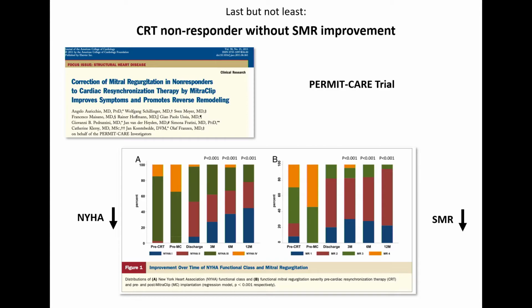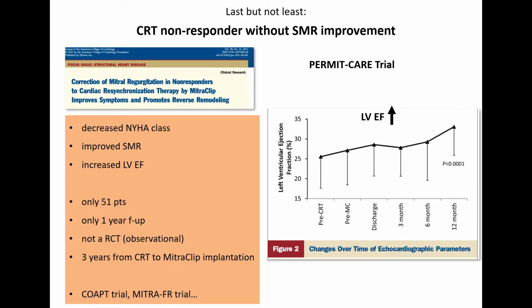Takav profil bolesnika je analiziran u Permit Care studiji sa MITRAL klipom, koja je bila pozitivna studija i kod ovog profila bolesnika, nakon ugradnje MITRAL klipa, smanjila je NIHA klasu i smanjila je stepen sekundarne mitralne regurgitacije, povećana je frakcija leve komore, ali samo 51 bolesnik je u pitanju, trajanje praćenja 1 godinu,